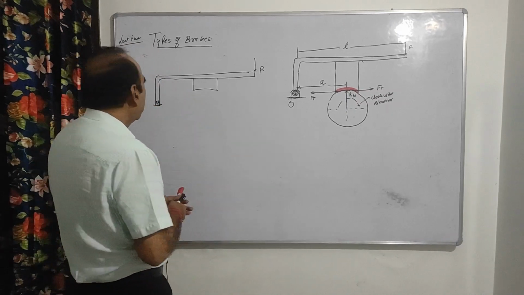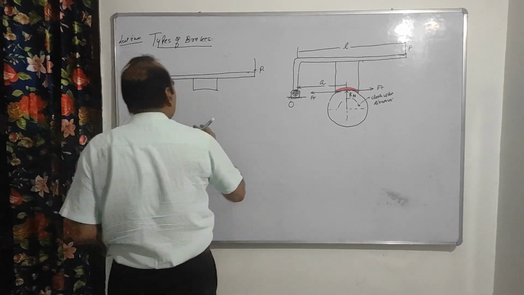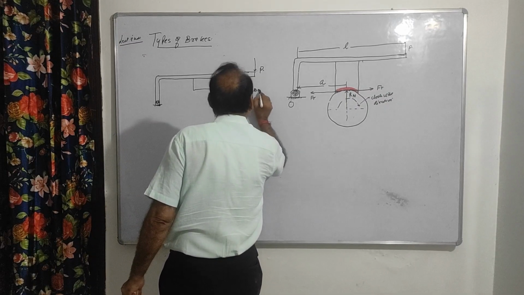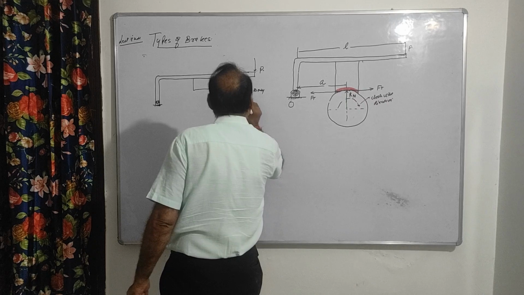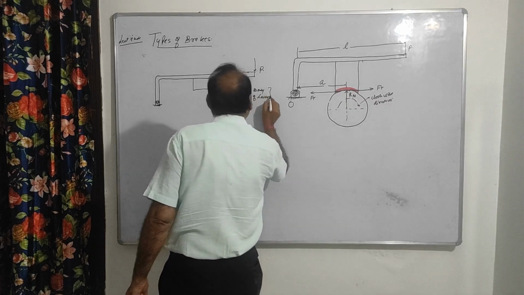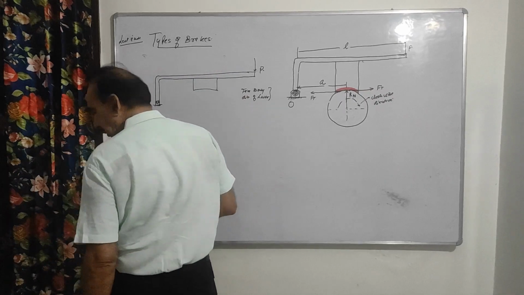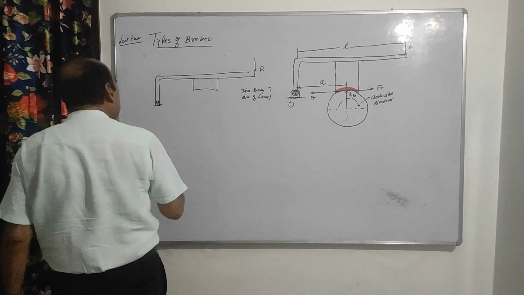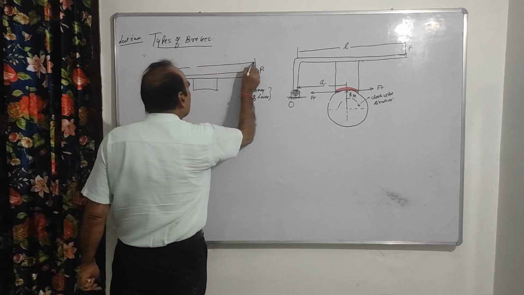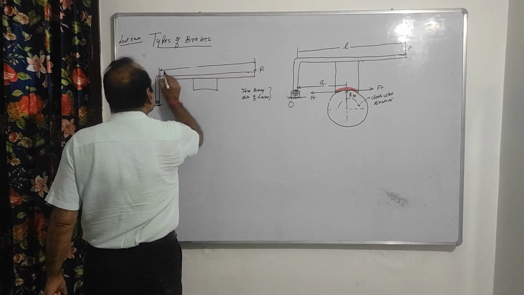तो दिस इज द फ्री बॉडी डायग्राम ऑफ द लीवर, ड्रा करें हम जब। दिस इज अ फ्री बॉडी डायग्राम ऑफ लीवर, टू कैलकुलेट व्हाट आर द फोर्सेस हियर। तो जहां से जहां तक डिस्टेंस, तो आपको पता है, दिस इज योर डिस्टेंस L।